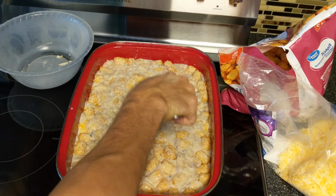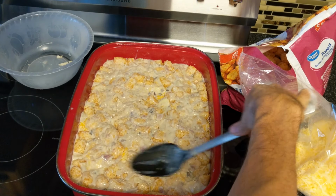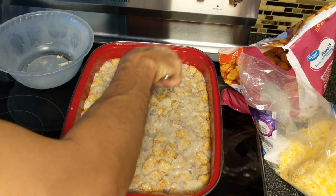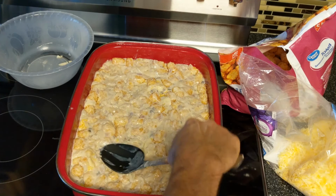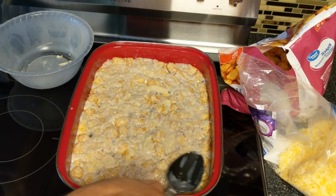Oh yeah. So you see I made 3 cans of that and I was still a little light on the sauce. So you can go lighter on your layers and then add a whole bunch of sauce to the top. Or you can kind of do what I'm doing, just kind of work it around and your sauce is going to come to the top a little bit. You can submerge your things in the sauce. Now,